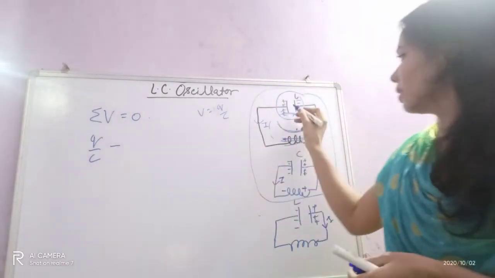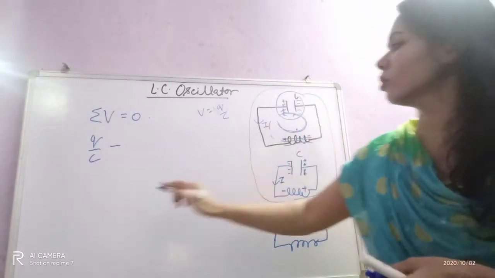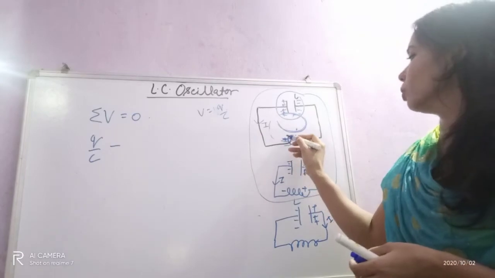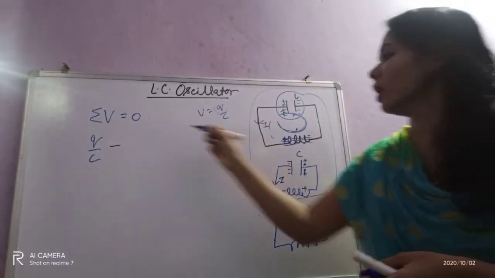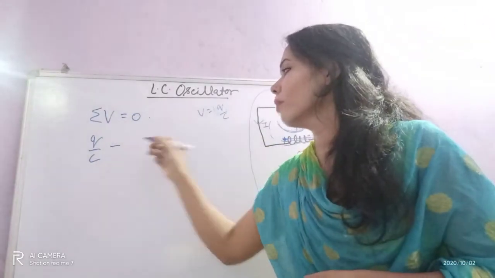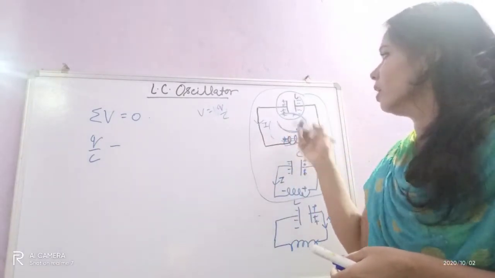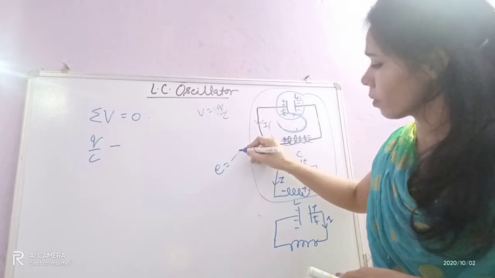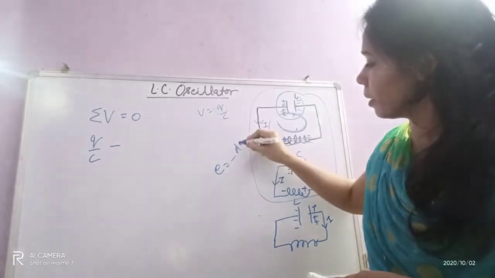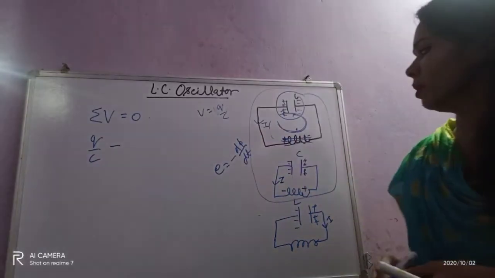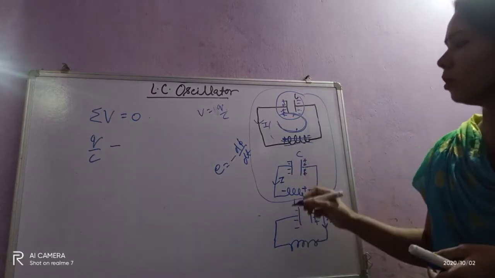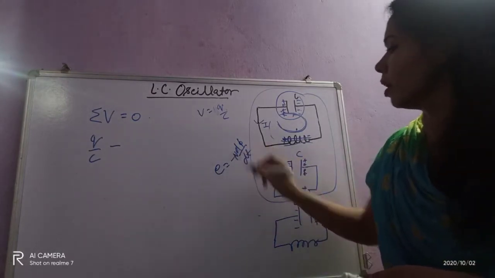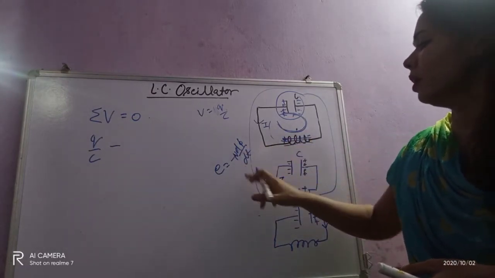So we will write here, see now. Here negative to positive, so we will take positive. Here the induced EMF is positive to negative, so I will write minus. You have studied about the case of an inductor, that induced EMF equals minus d phi by dt. If there are n number of turns, then you write n, but here we are taking simply d phi by dt.